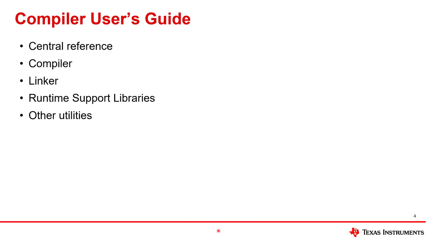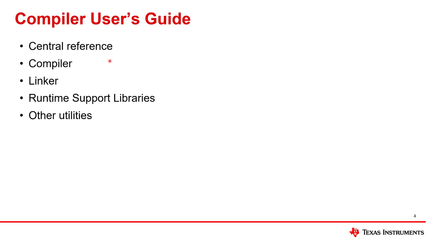Here are some more details about the compiler user's guide. I've already said it's the central reference. It's a large manual, intended to be searched, where you'll look through the table of contents, maybe the index, to find the topic you're looking for, and then you go read up on that topic, whatever it may be. No feature of the compiler is a thing until it's been documented in this manual.